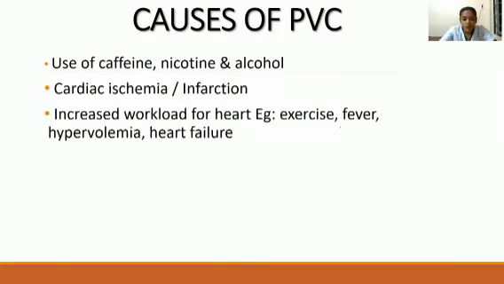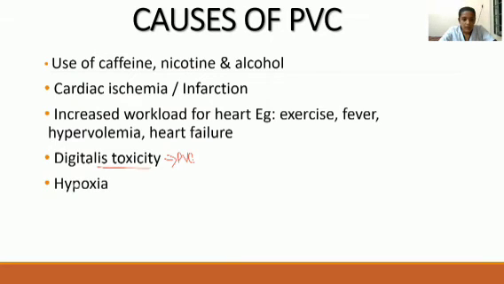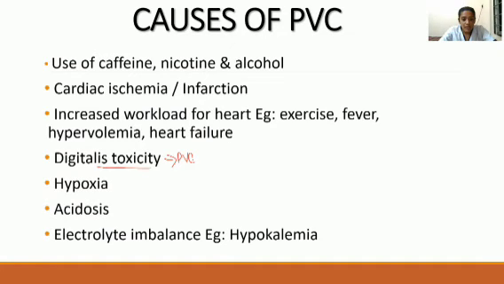If the patient has not had proper maintenance of the heart, already has some heart disease or decreased tolerance, and does exercise, that will cause increased workload for the heart and it can cause PVC. Then digitalis toxicity. When we were discussing digoxin toxicity in the last class, the main ECG finding was the appearance of premature ventricular complex. Then hypoxia can be a reason, acidosis can be a reason, and electrolyte imbalances like